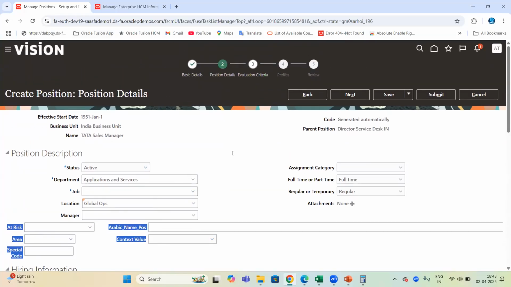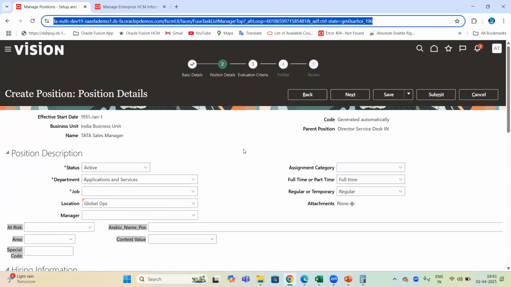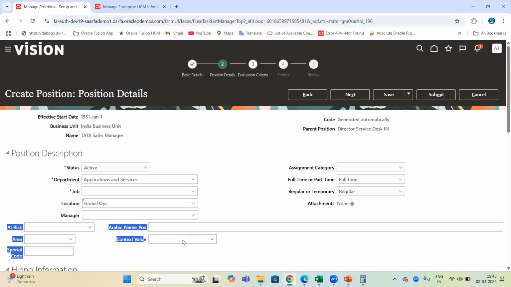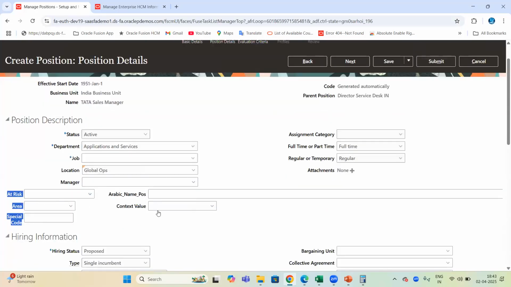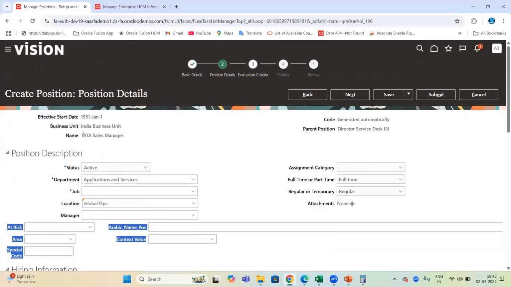DFF concept we know. Someone in this demo instance is practicing the DFF on this page, team. So these we will not be seeing in real time. Only these attributes you will see under position description. Please ignore them, team. Okay, in real time you won't find that. So while you are configuring the positions, team, status active, department, job, location, manager, all these details we have to capture,